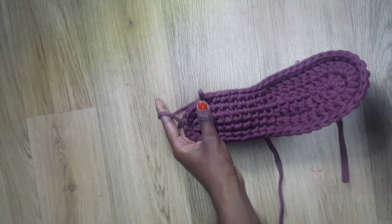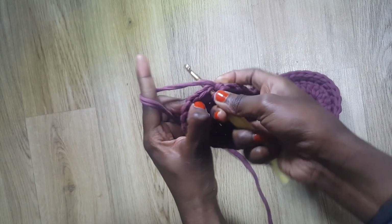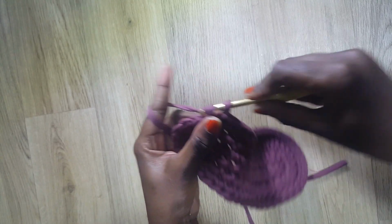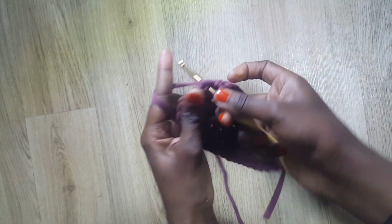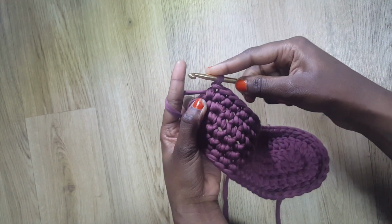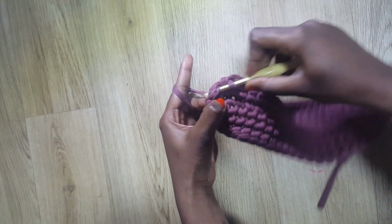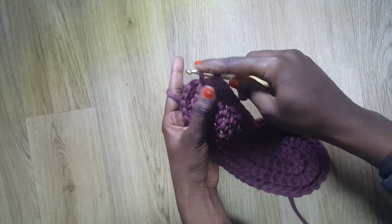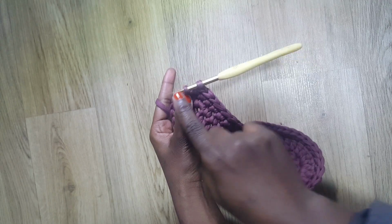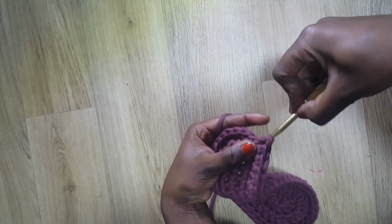after that. Okay, so after the 9 single crochets, do 2 more. So 1, 2. Then you're going to go into your next stitch, insert your hook in there, you're going to grab some yarn, pass it through, and you're going to do a slip stitch. So you're going to slip this loop into this loop, just like this,